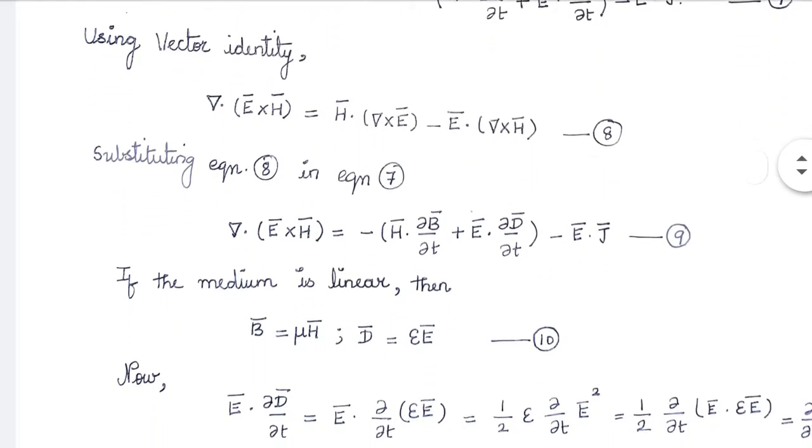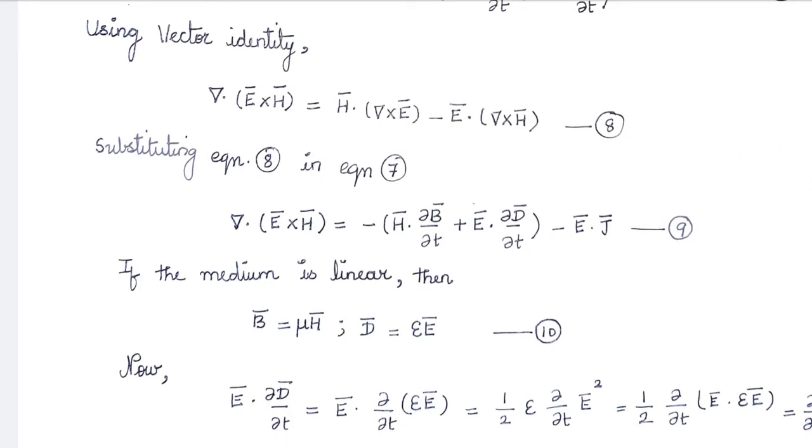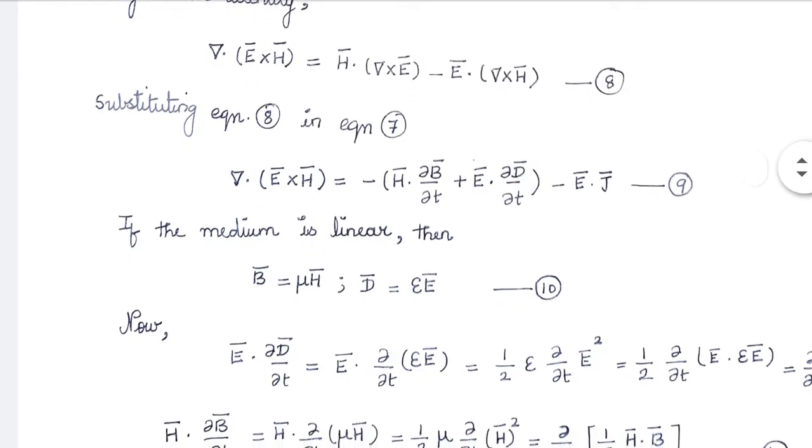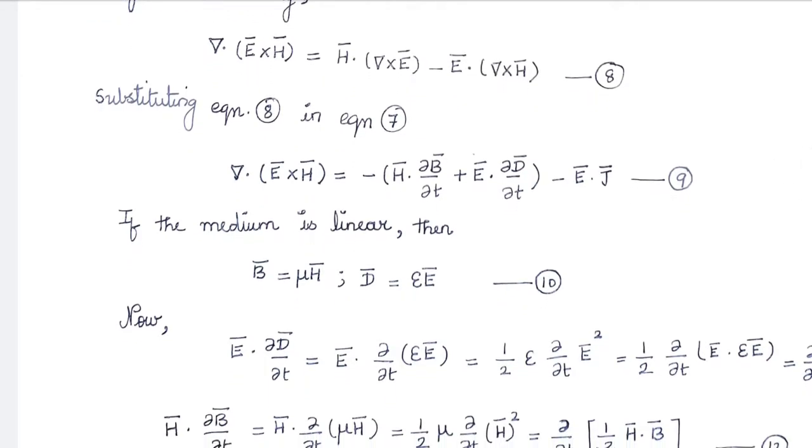If the medium is linear, then we can write B equal to mu H and the displacement vector D equal to epsilon E, where mu and epsilon are the permeability and permittivity of the medium. Now, from equation 9,